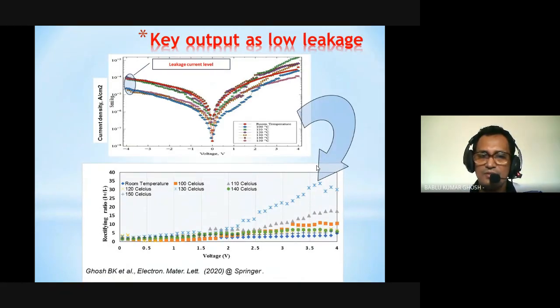heterojunction. Ultimately, we published it in Electronic Materials Letters in Springer just three months back. And here you can see the rectifying ratio and the current density and leakage current. That leakage current is very minimal compared to the inorganic heterojunction, but here is the organic inorganic heterojunction that minimized because low temperature deposition actually minimizes the interface defect, and that ultimately promotes the